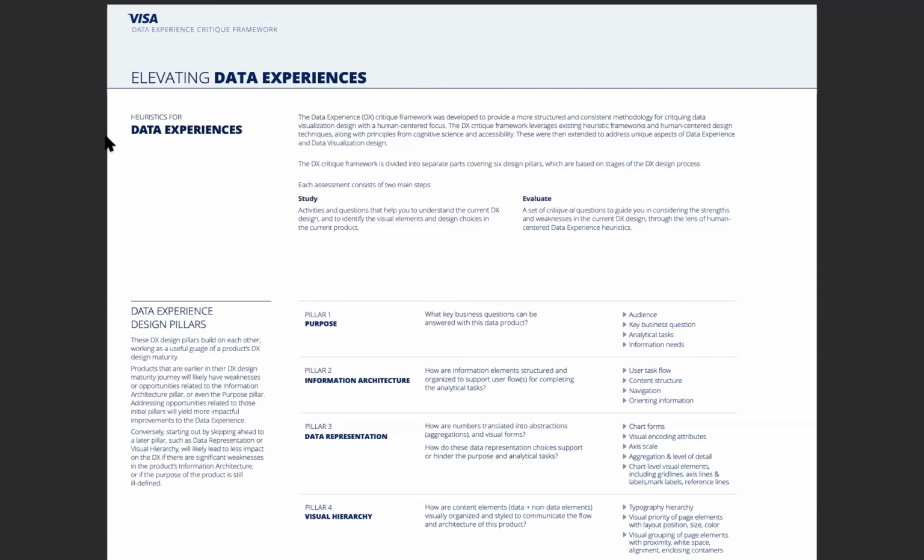So it's got basically three components. The first is the data experience design pillars. The second is the DX heuristics. And then the third are critique one-pagers for each of the pillars.